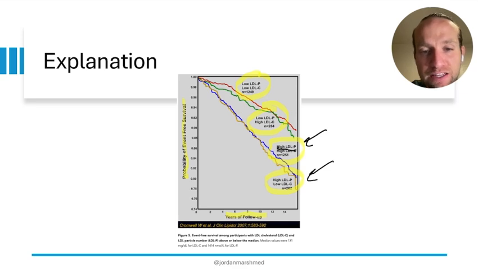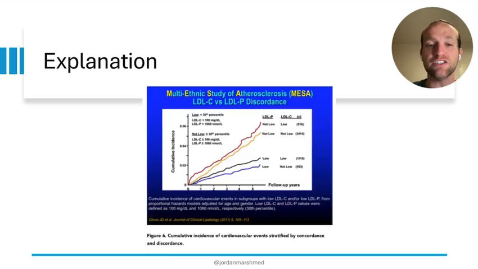So here there was high LDLP, here high LDLP. Both of those groups had more cardiovascular events that led to trouble. Okay, so just keep that in mind. That was a large study done, and I'm sure I'm going to dig into it more. Here's another one that is very similar.